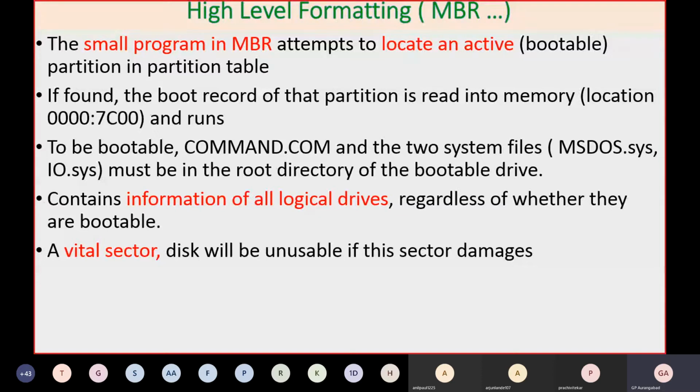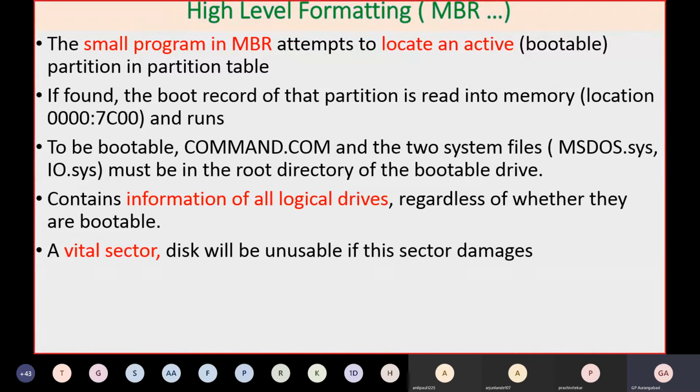If that first sector is damaged for certain reasons, you have to throw away your hard disk. It becomes unusable. That is why the MBR, the very first sector, is very important, because it contains almost all the information related to that drive, which is useful for any type of operating system during startup of your computer.